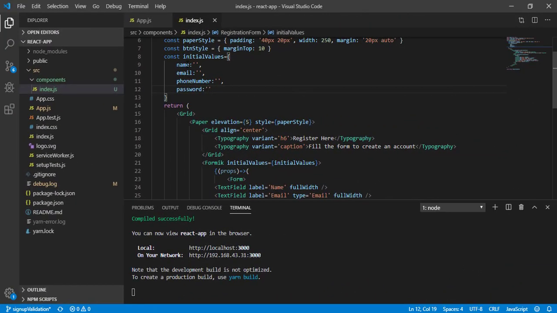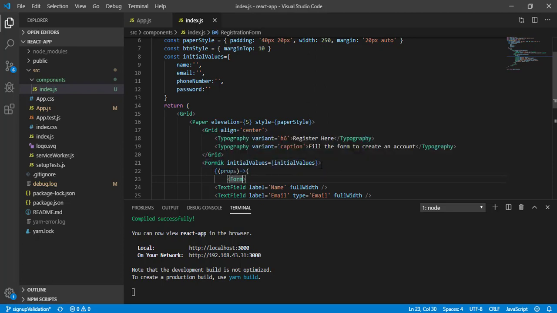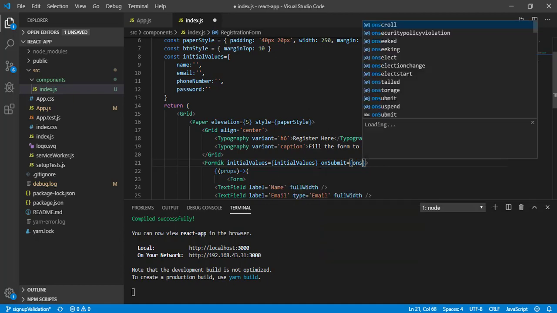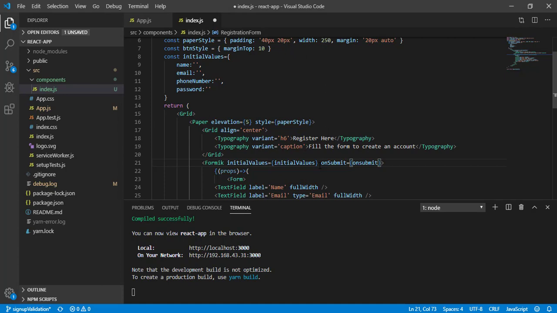So now what we will do is handle the onSubmit event of this form. Basically we used to write this at the form level, but here we will be doing it at Formik. So here I will write onSubmit, and we need to pass a function. So let's call it onSubmit.